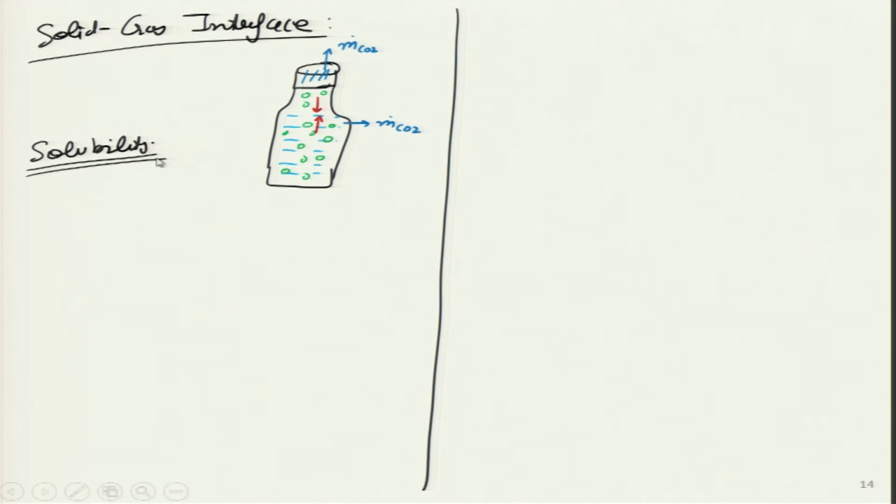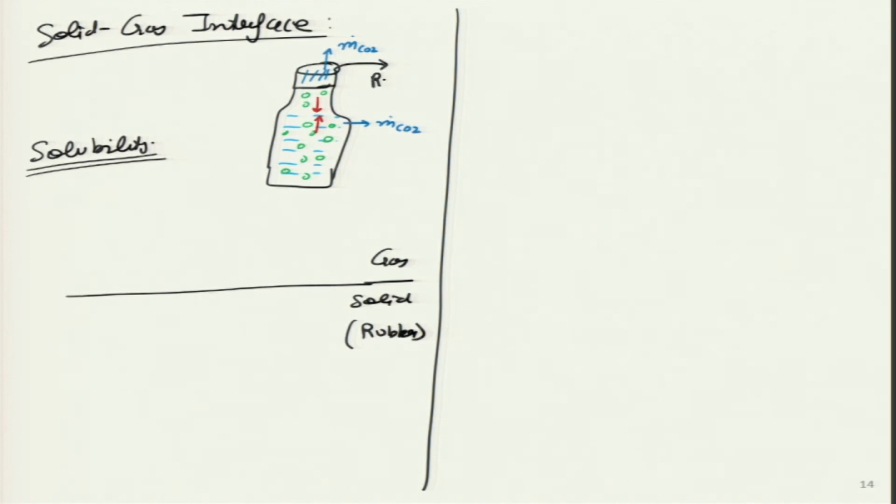And what does this actually mean? So, let me draw an interface. This is a solid and gas interface, and we can take an example from here. Instead of this plastic cover, let me assume that this particular thing is made of rubber. So, the cap on top of this glass is made of rubber. The gas on this particular side, I can imagine, is CO2.